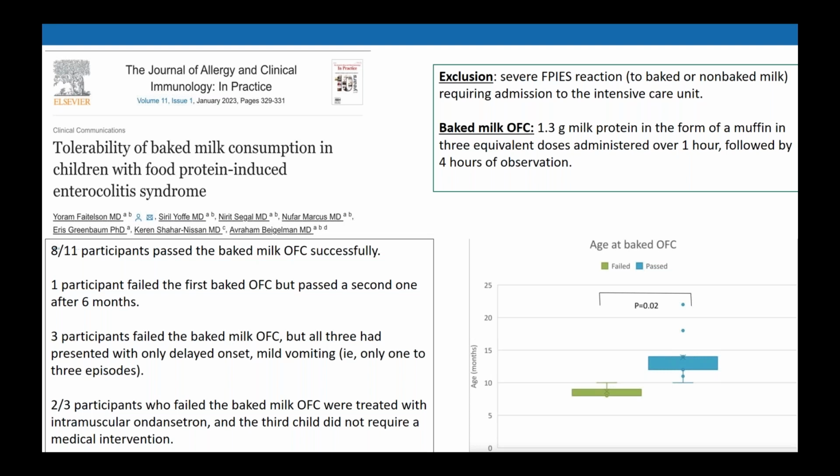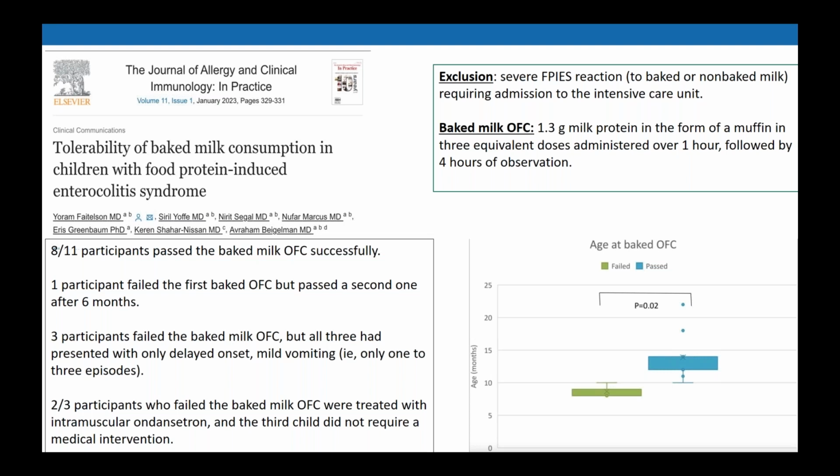The first study regarding baked milk is from Israel. And it has excluded patients with prior severe reaction. But among those who did not have such a severe reaction, 8 out of 11 passed the baked milk food challenge successfully. So I think this remains to be reproduced by other studies and in other patient populations, but it's encouraging to see